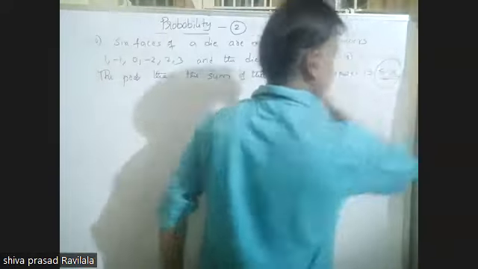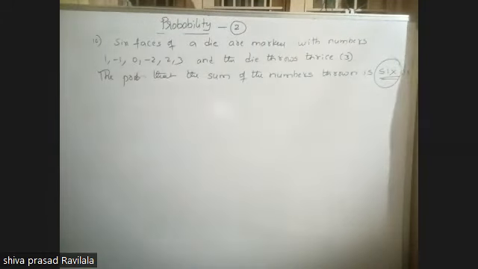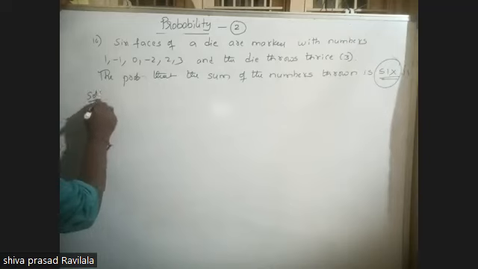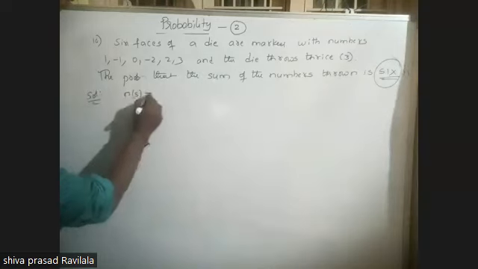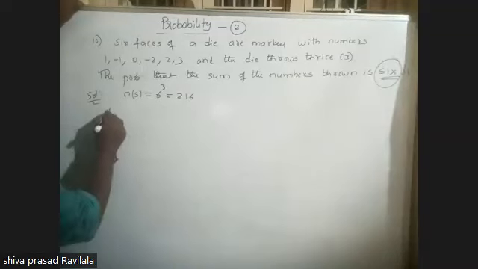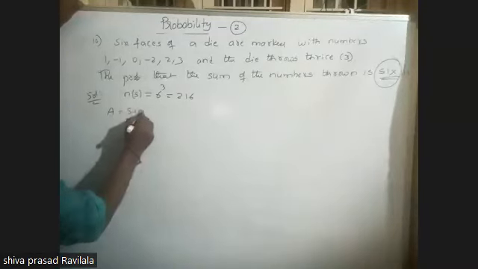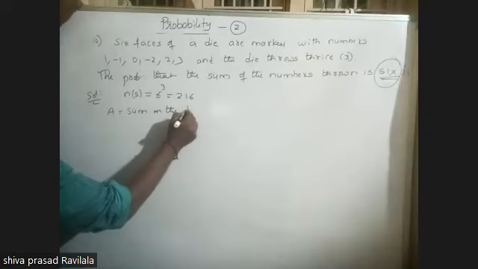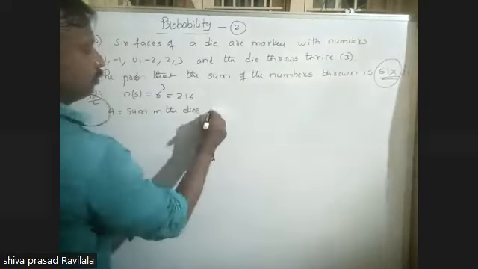How many cases exist? Here N of S is equal to 6 cube, which is equal to 216. And A is the event that the sum on the dice becomes